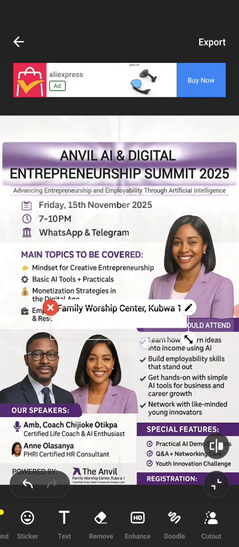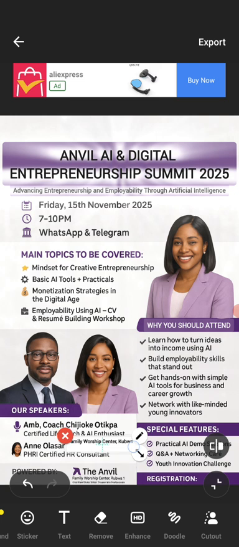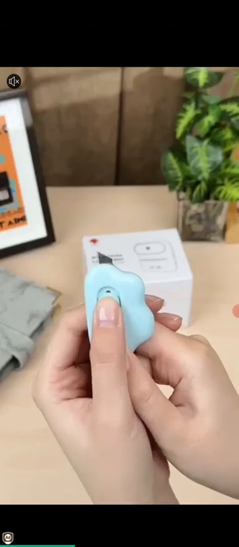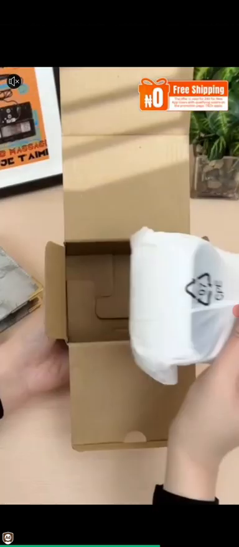Now let me take this down. You see what I am doing here. Replanted. Okay, I've covered that part. Now all I need to make this flyer complete is to change the Anvil logo. That's what I need, and then I can export. I can come back and edit it later. So let's see our full